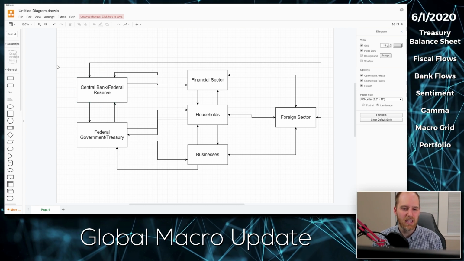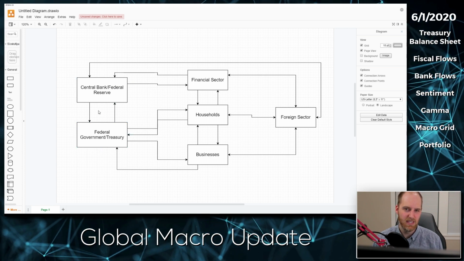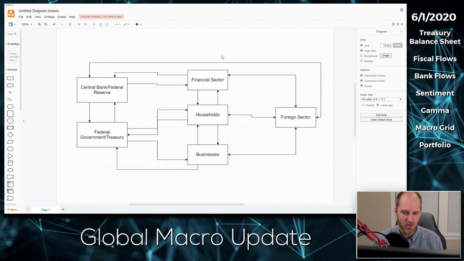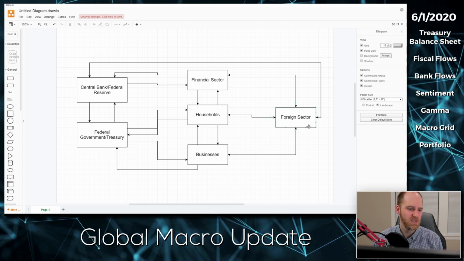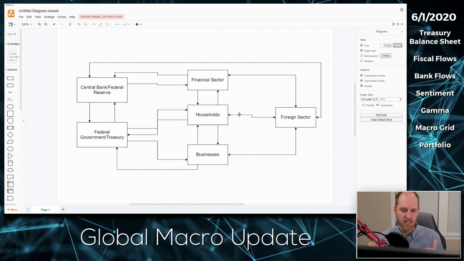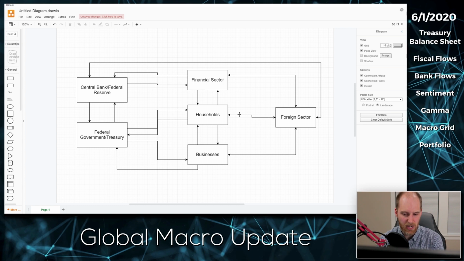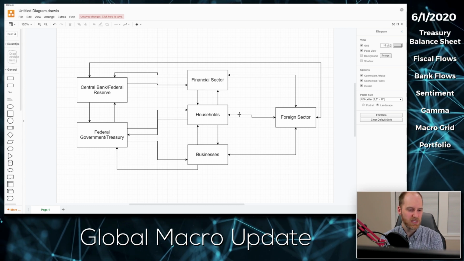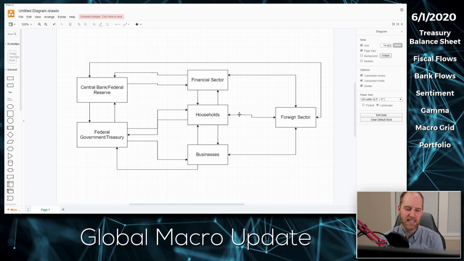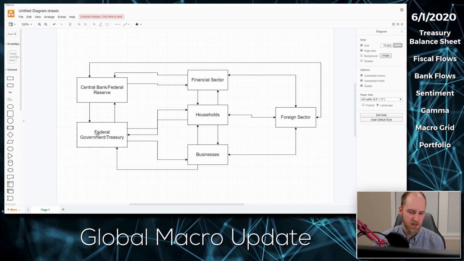So in reality, we end up having three broad sectors here. We have the government sector, which you can call the public sector. We have the private sector in the middle here, and then we have the foreign sector as well. And there is just an exchange of funds that's happening through all three of these sectors. And the big takeaway to wrap up this part for now is the money that's coming in in terms of the